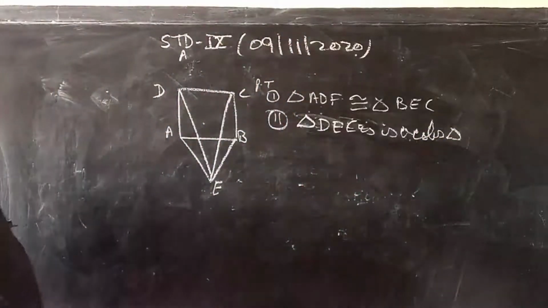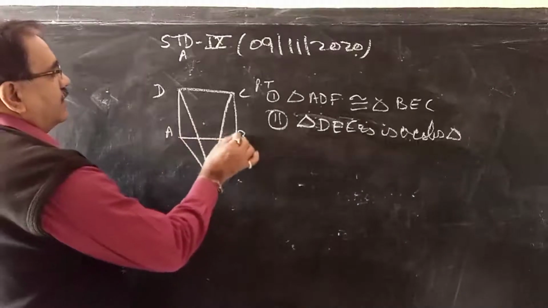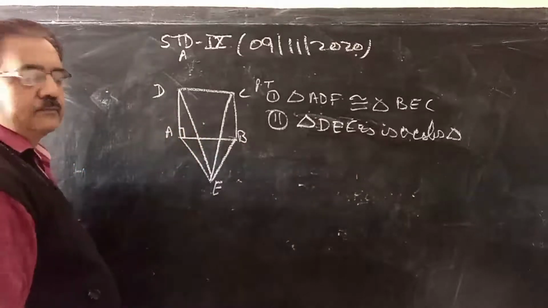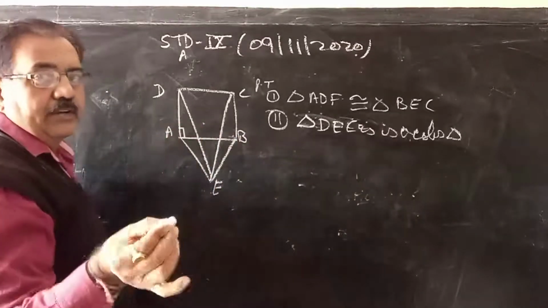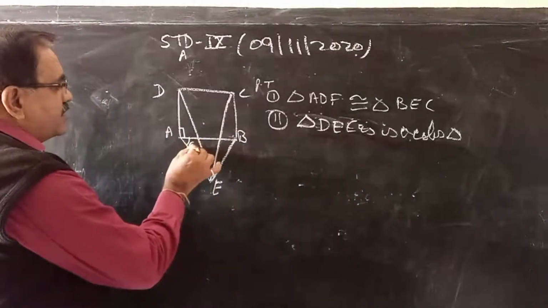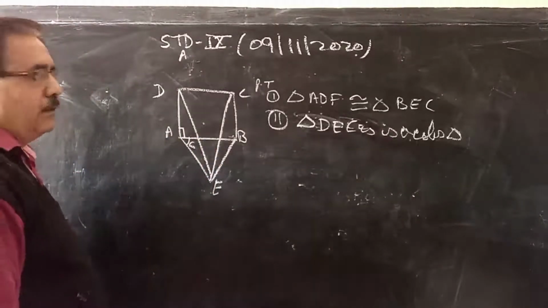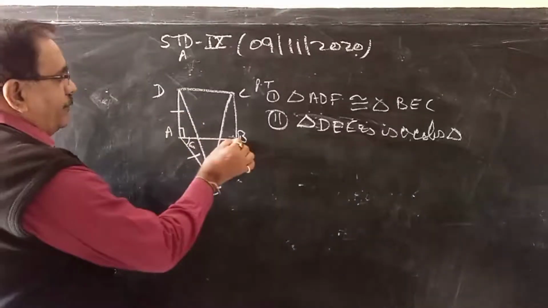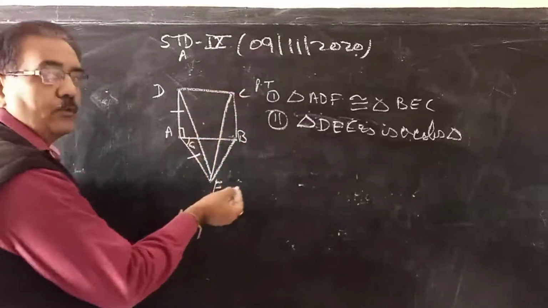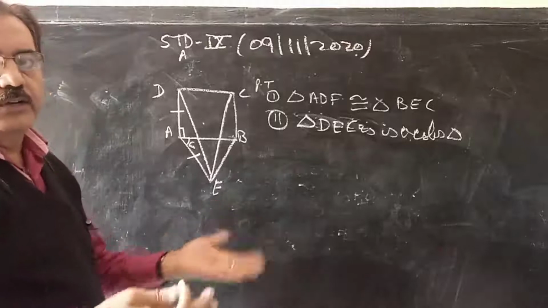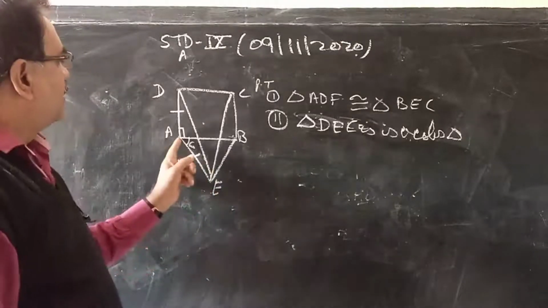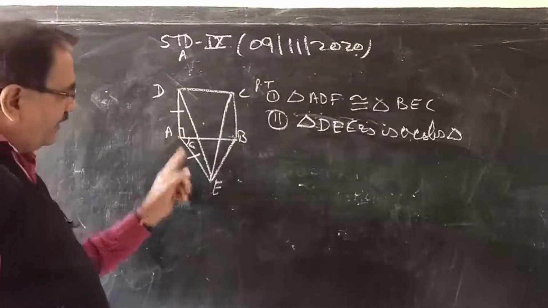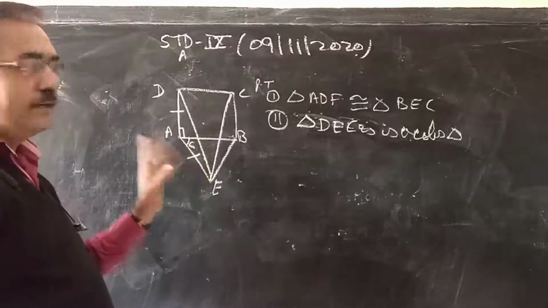Right. So what do we do? First, since it is a square, each angle of the square is 90 degree, and ABE is an equilateral triangle. Each angle of an equilateral triangle is 60 degree. Now AD will be equal to AE because one side AB is the side of a square as well as the equilateral triangle. A square and an equilateral triangle, all sides are equal. Take an example. Suppose AB is 5 cm, then BC is also 5, CD is also 5, AD is also 5, and AE is also 5 cm. Because these sides are equal.